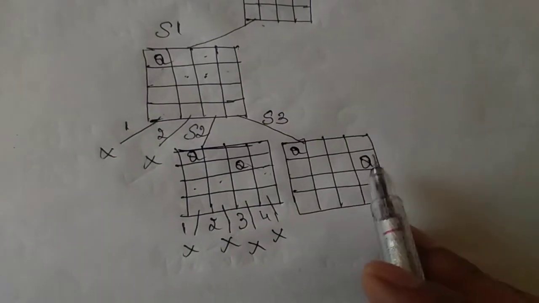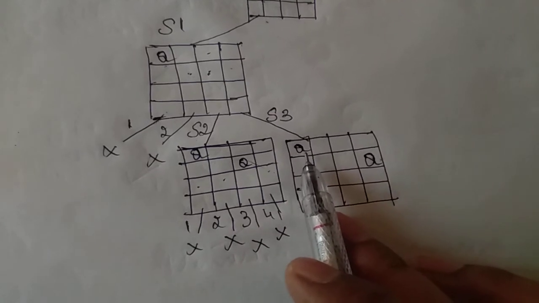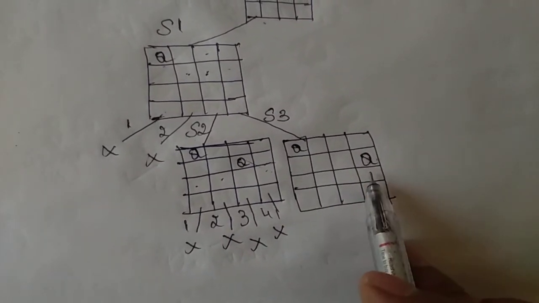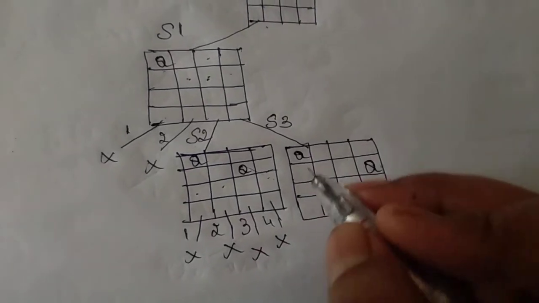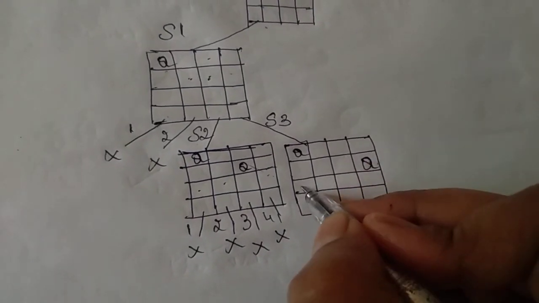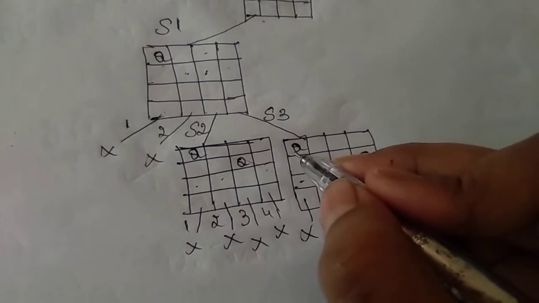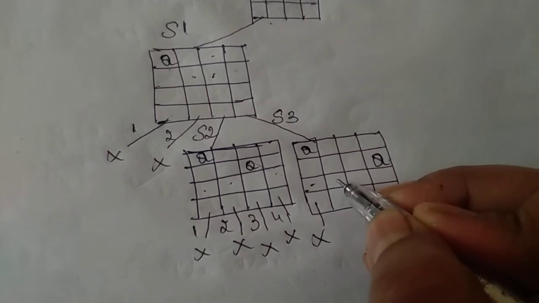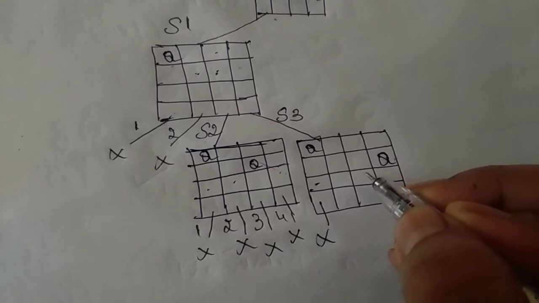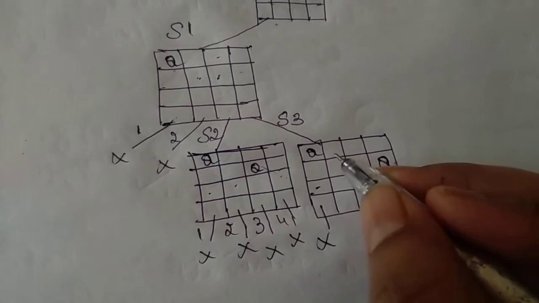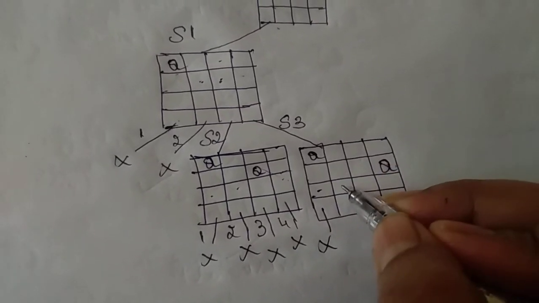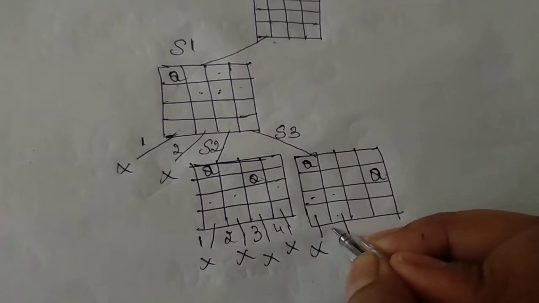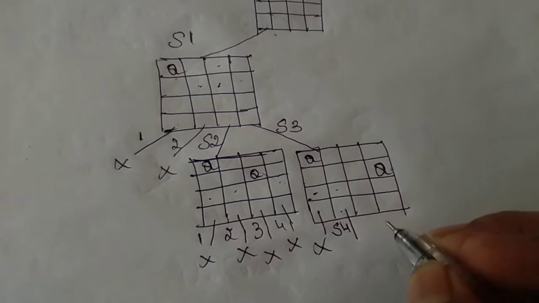Next, I'll go here. See, in second column, if I place q in the fourth place, can I place any q over here? I'll check. Can you place here? No, because this q will attack. Can I place here? Yes, because this q diagonally it will go here. So I can place q over here. So this is solution 4.